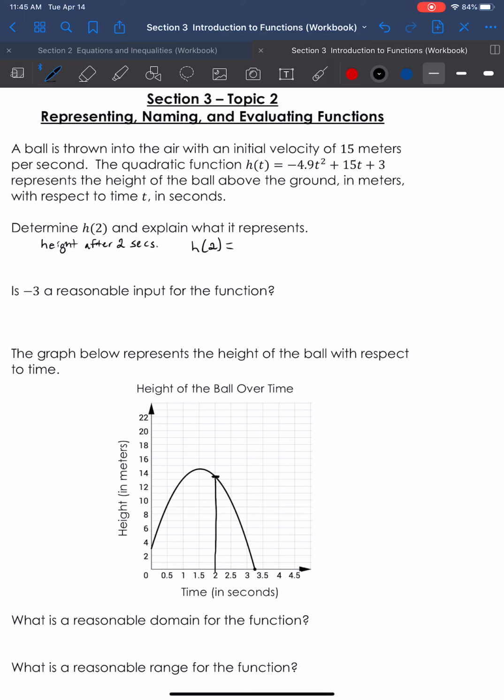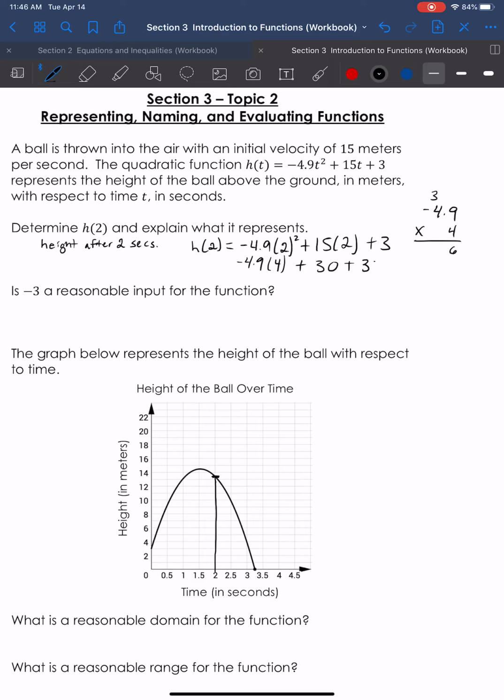Alright, so everywhere that I see a t, I'm going to input 2. So I have negative 4.9 times 2 squared plus 15 times 2 plus 3. Alright, and we'll go ahead and do 2 squared. That gives me 4. 4 will be multiplied by negative 4.9 plus 30 plus 3. Alright, so negative 4.9 times 4, we get